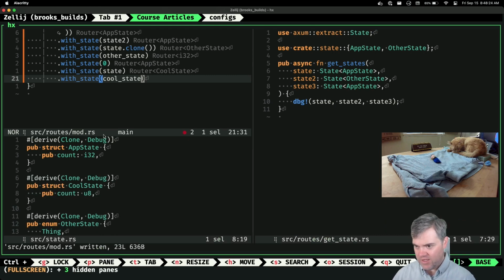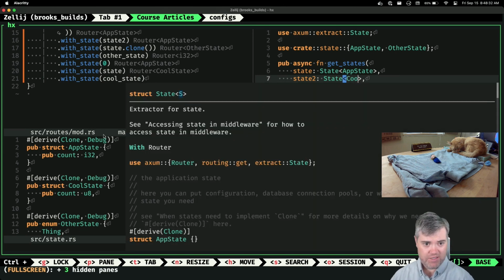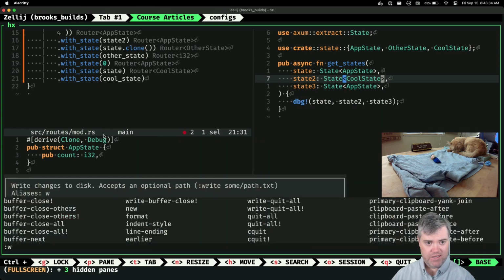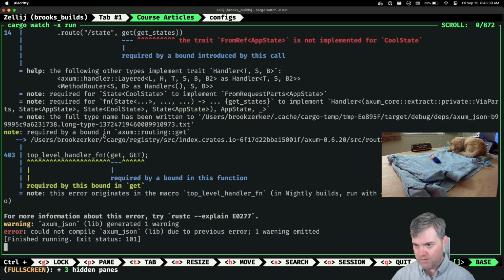Okay. I have a cool state, which is a distinct state from app state, but it's also an enum. So I want to make sure that it's not something like enum versus struct states. But you're still in an error state. The following types, other types implement traits required for state, cool state to implement from request parts, app state. Interesting.